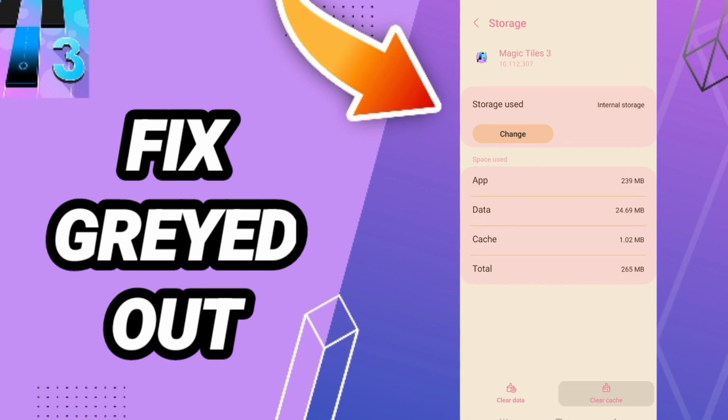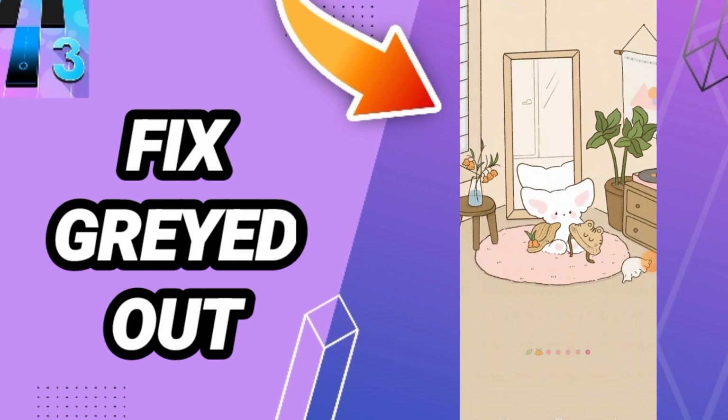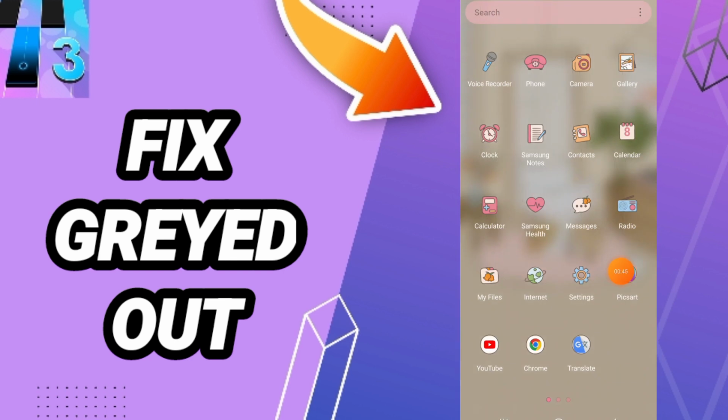Then you can click clear cache. Don't click clear data because that can cause you errors in your app. In the end, you can turn off your phone and you can wait a moment to turn on your phone